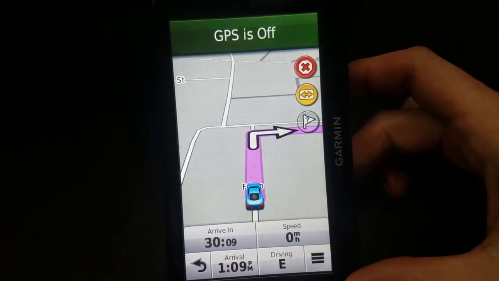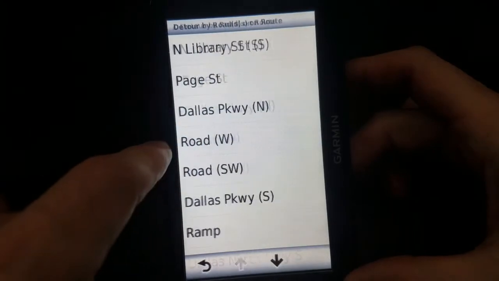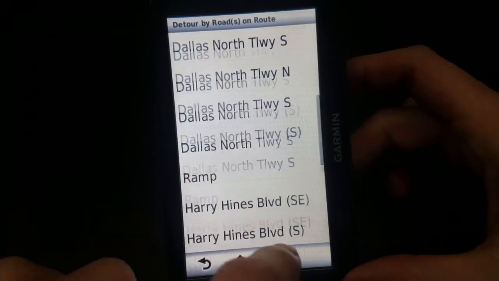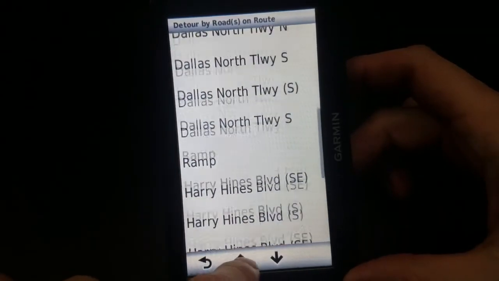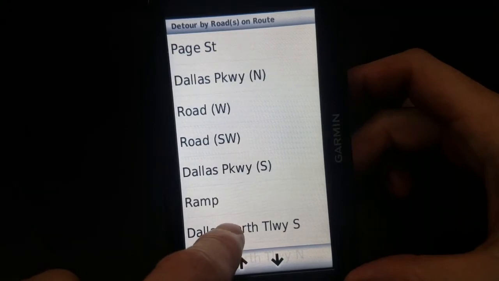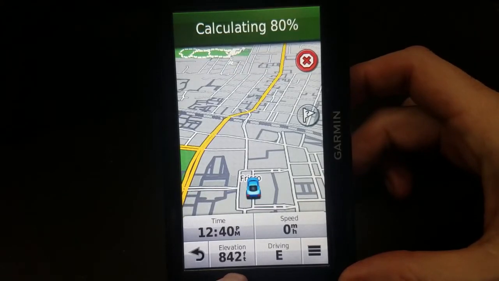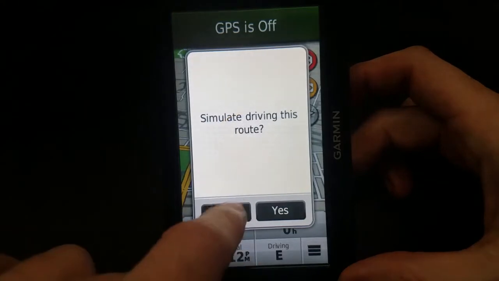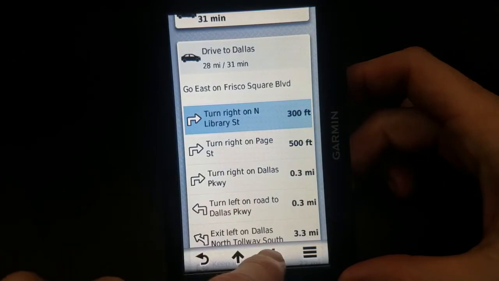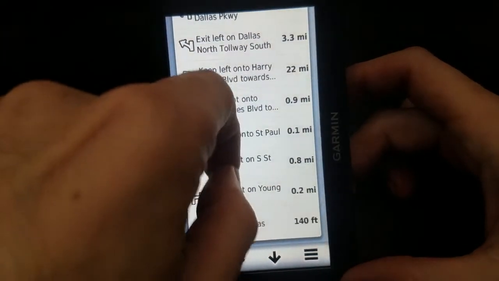Now as far as the detour thing is concerned, I'm going to show that. When I click this, I can do detour by roads on route. So if there's a specific road I want to avoid in the entire journey, I can just select it here. So for example, if I did not want to take the tollway, it's going to route me around the tollway now. Turn right on North Library Street. And if I take a look at the directions on the parkway, okay, so it actually did put me back on the tollway, but just up a little bit ahead. So yeah,